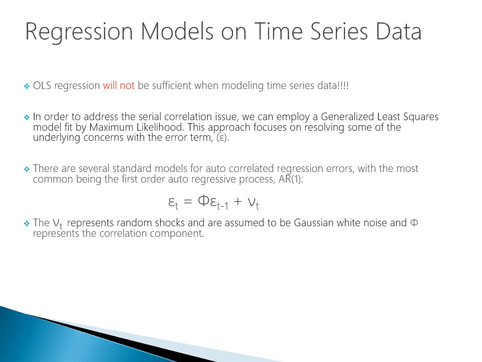The v_t represents the random shocks and is assumed to be Gaussian white noise, and phi represents the correlation component. What this is doing is taking the error term and breaking it down into two subcomponents. You can think of this much like a proton in the atom, where it's made up of quarks. This error term in OLS regression just represents the difference between our observed and our actual value. But there are even more fundamental components that are important to understand in time series.